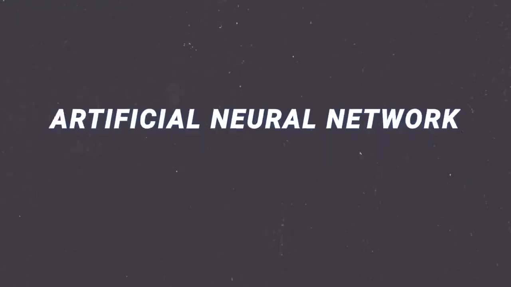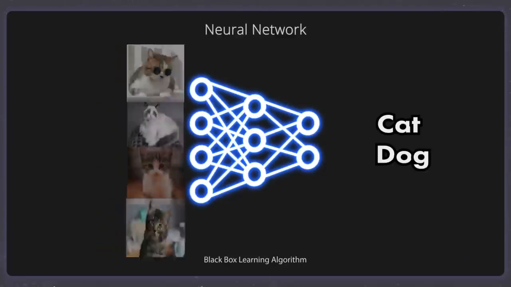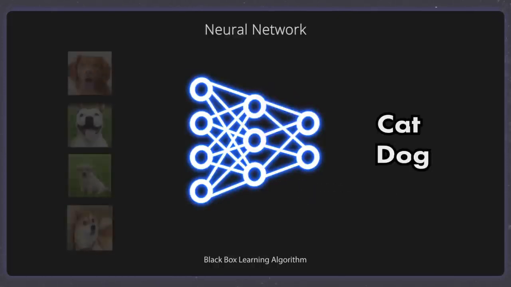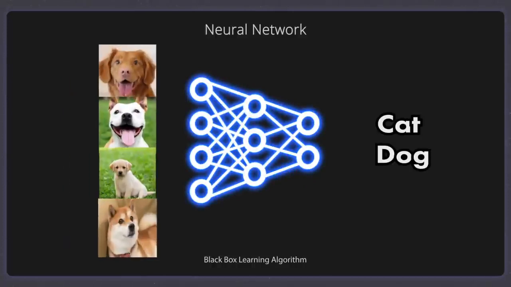Now, the algorithm that's at the absolute core and powers prompt engineering is called the artificial neural network. A neural network is a black box algorithm that has a special power of finding patterns in large amounts of data. It's a black box algorithm because we don't have a quantifiable way of knowing what patterns the neural network is finding, and it's a learning algorithm because the neural network learns to associate these patterns with a specific